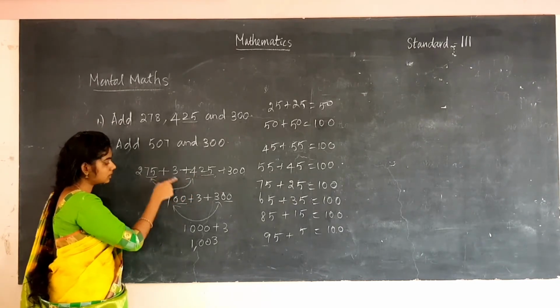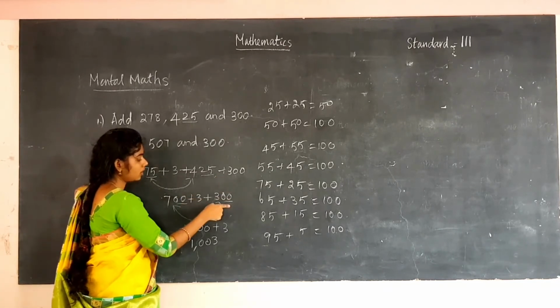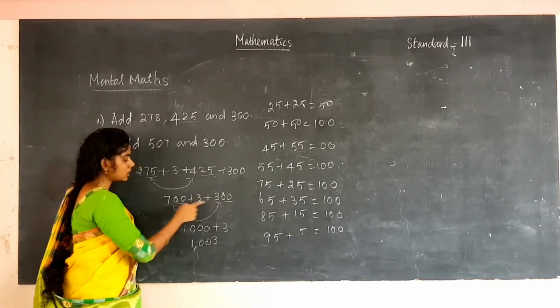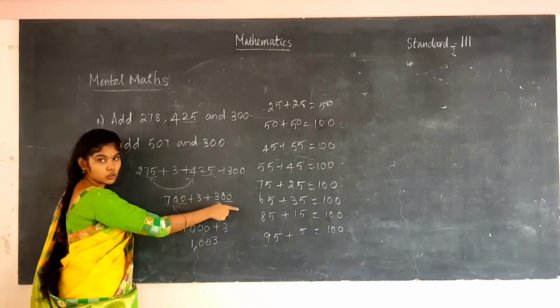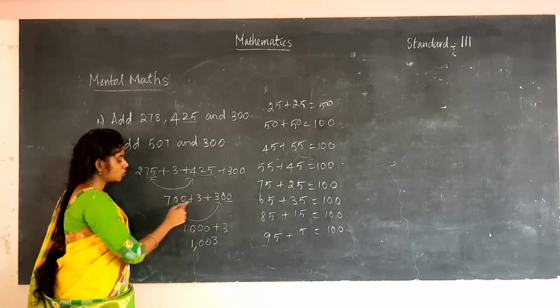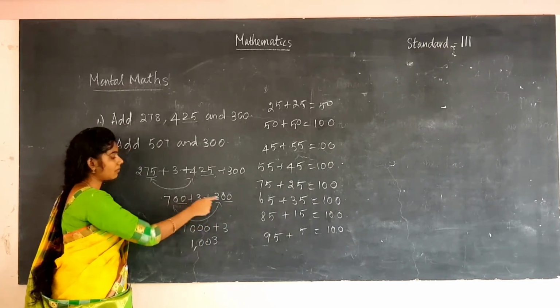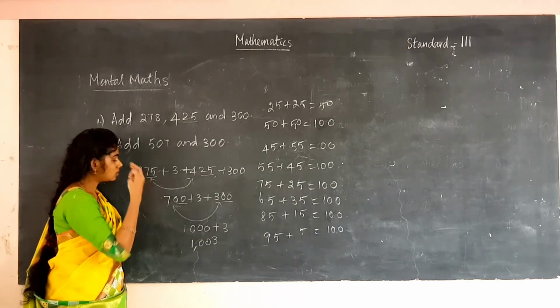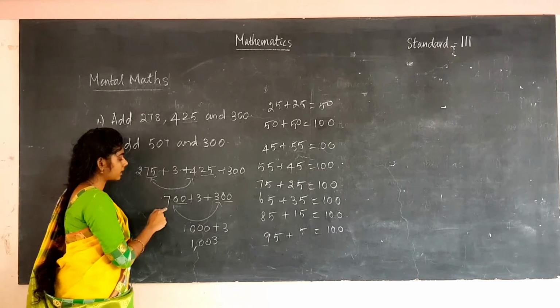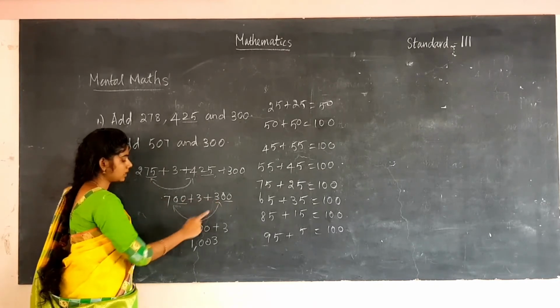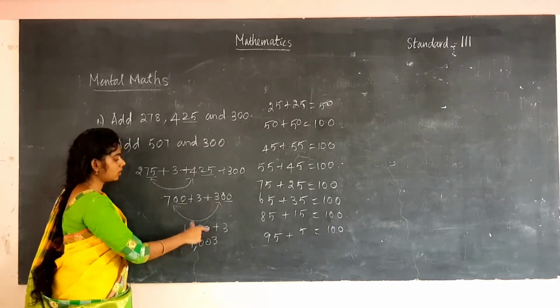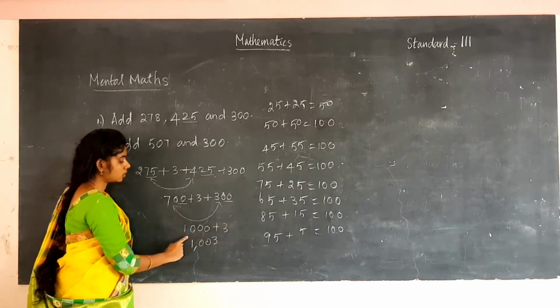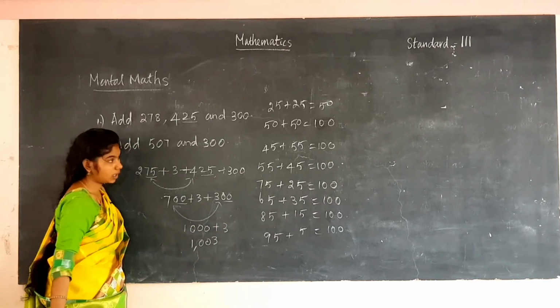Then the remaining is 3 here and 300 here. Then check the last two numbers. There is 0, 0. So this will be so easy. So write those 2 zeros last. Then 7 plus 3. 7, after that 8, 9, 10, you calculate like this. So do it mentally. The 7 and 3 is calculated as 10. So we got 1000. Now the remaining one is 3. So 1000 plus 3 is 1003.